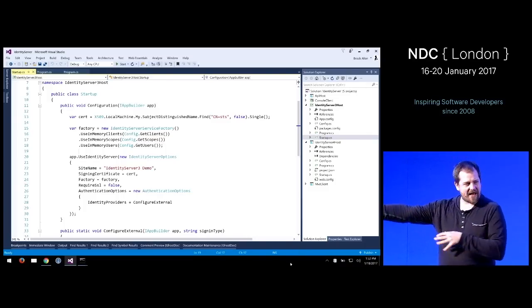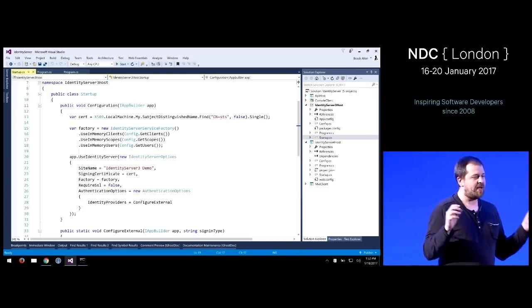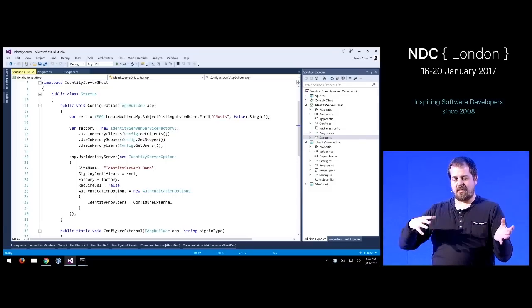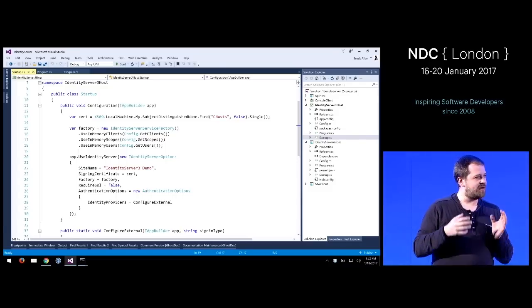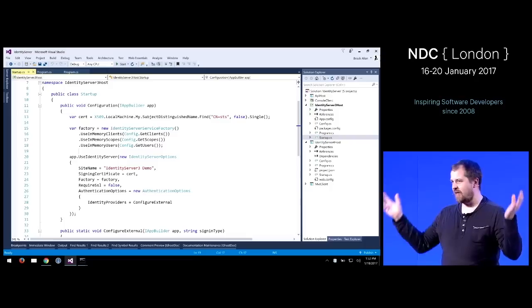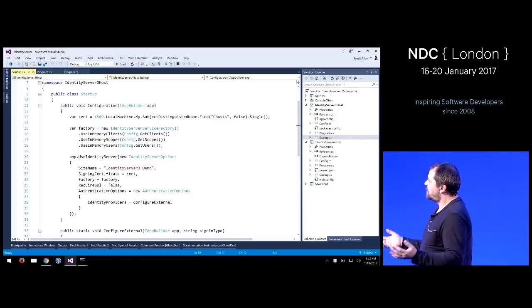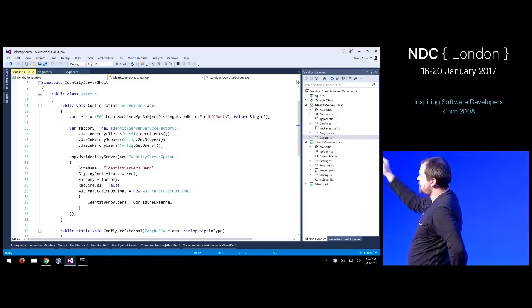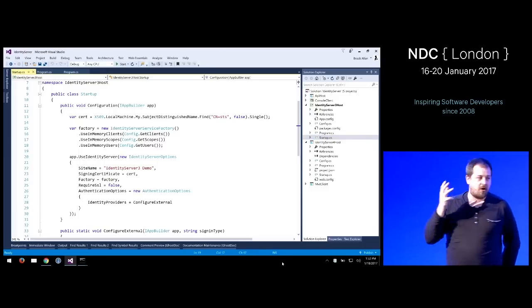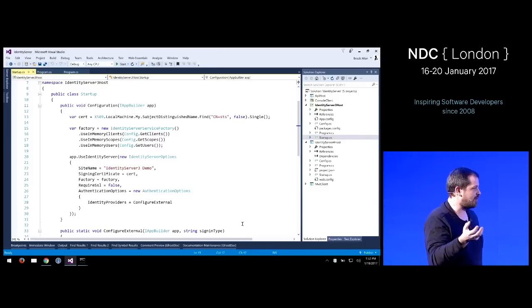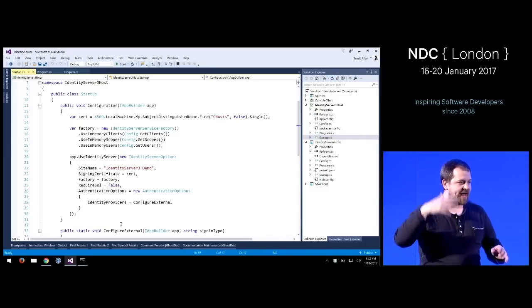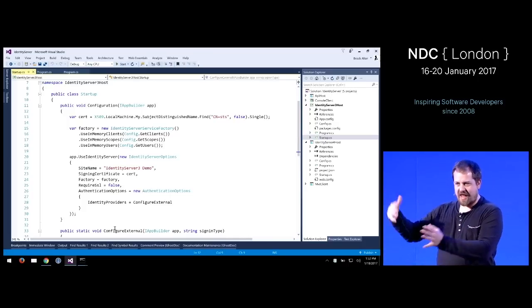A very common pattern in Katana was that you pass an options class into the middleware, which configures the whole middleware. That's the thing called the IdentityServer options here, and that was basically our only top-level configuration object, and from that, all of the configuration hangs off.